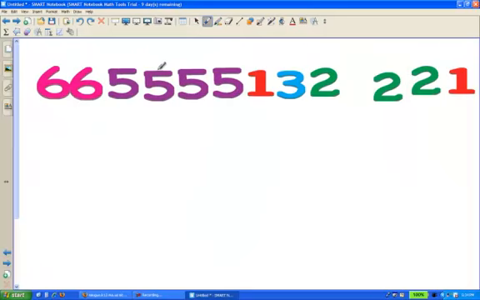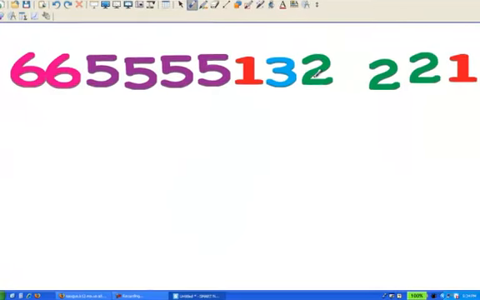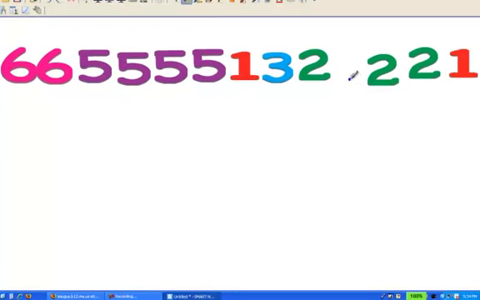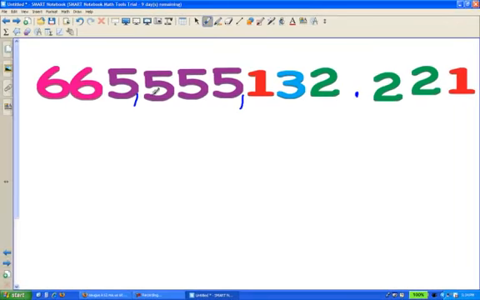Alright, so here's my number. And I'm actually going to add commas now. Now my decimal is right here. So commas get added every how many digits? Every 3 digits. So I'm going to add a comma here, and then I'm going to add another comma right there. So this would say 665,555,132 and 221 thousandths. So if I was going to write this in expanded form, it would be 600 million,